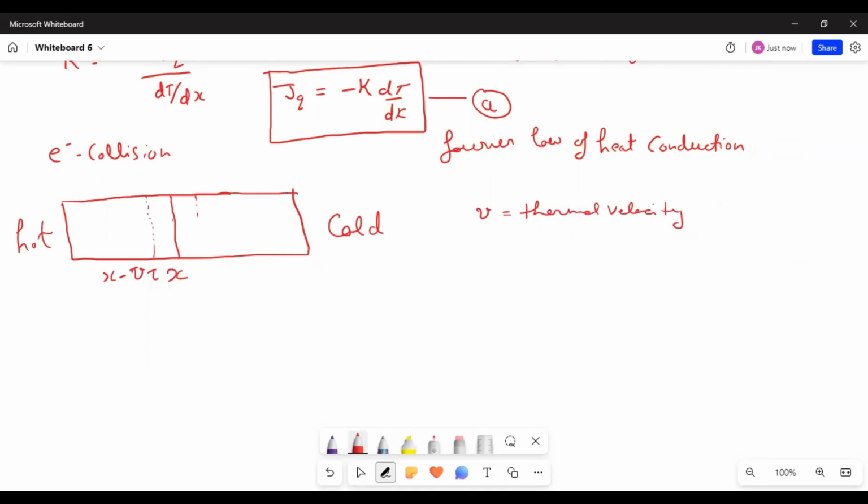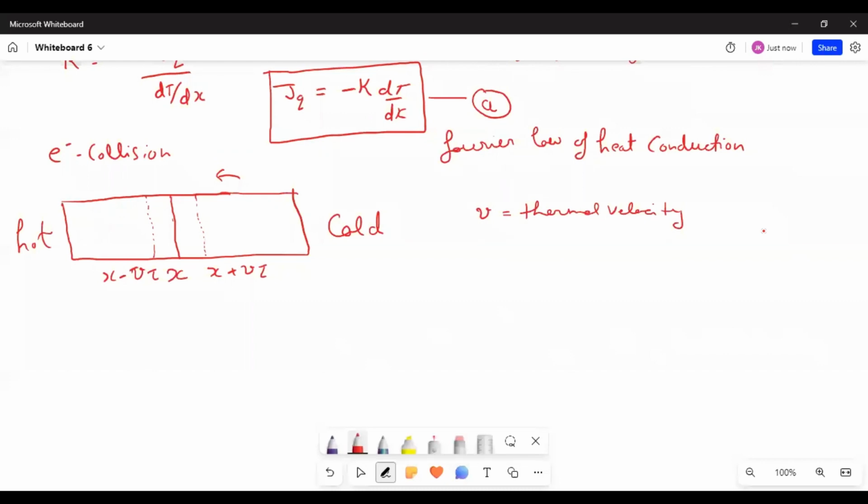Similarly, from the cold side, it will be x plus v tau, where tau is the time between two collisions. So there is an imaginary interface, and the heat being transferred from hot end to cold end by the last collision of an electron will come from x minus thermal velocity multiplied by the time between two collisions. Similarly, from cold end to hot end it will be x plus